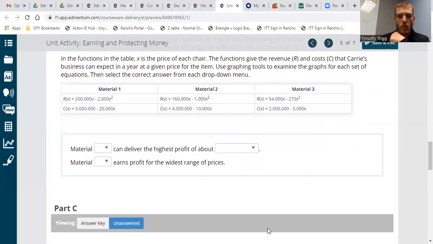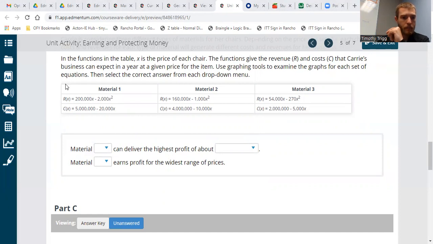So the main thing I want to see here, we're going to be using that equation that we showed earlier. Remember, the profit, we'll call it P of X, equals the revenue. So the revenue equation in each of these is R of X minus the costs, C of X. So we're going to find the profit equation for each material. Let's start with material 1. We're going to do the revenue minus the costs. So that's going to be